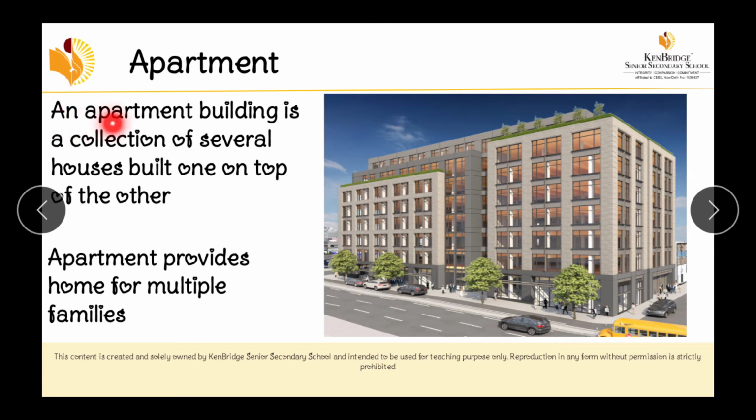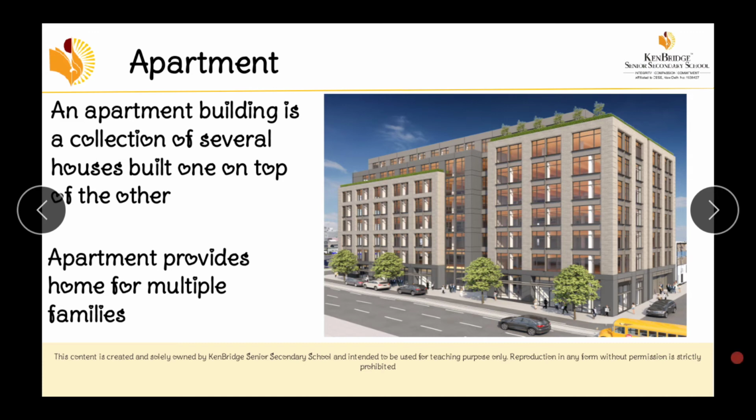An apartment building is a collection of several houses built one on top of the other. So you can see one on top of the other. See, ground floor, first floor, second floor, third, fourth, fifth, sixth floor. So six floors are there. Here, see, many floors are there. You can see in Chennai, in China, in Japan and all, they will build 19th floor, 113th floor. Yes, you can see that now. Many 113, 114th floor. That is one on top of the other they are building. This is known as apartment.